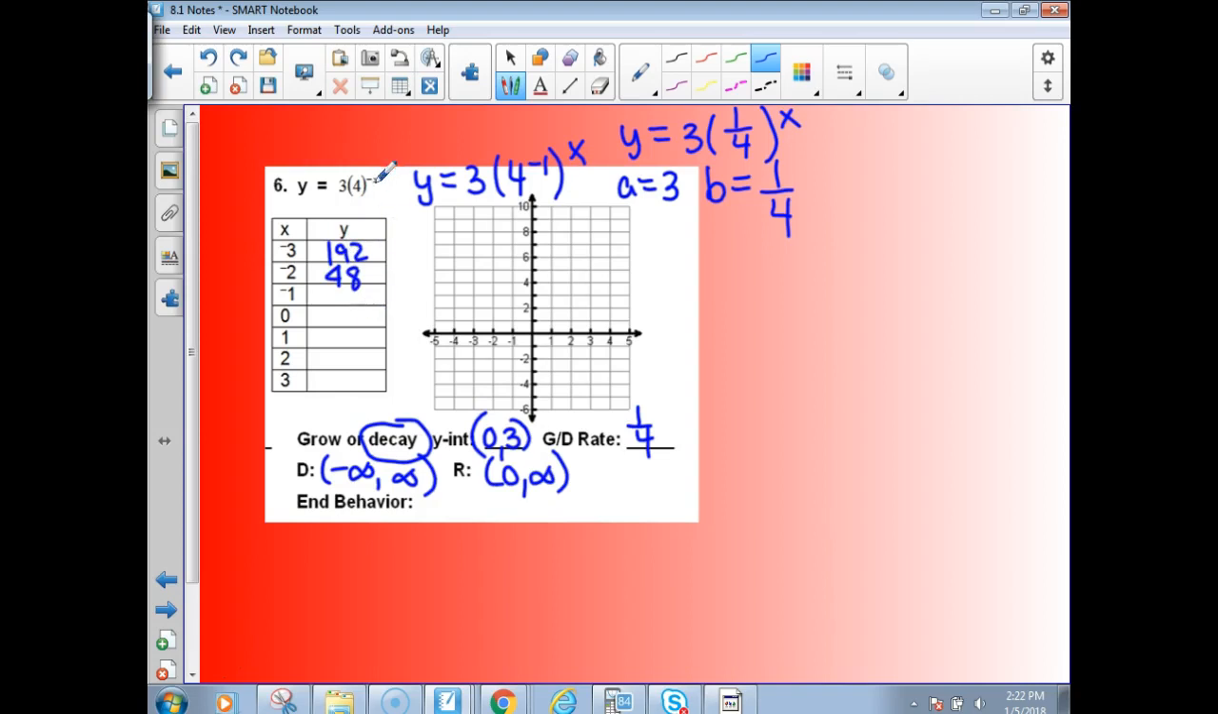If you put in -1, you'd have 3 times 4, which is 12. If you put in 0, you'd get 3. If you put in 1, you're going to have 3 times the fourth, which is 3/4. And if you put in 2, you're going to get even smaller. So it'd be 3/16 and then 3/64. Now, if you want the decimals, this is 3/4, of course, 0.75, which you can get off your graphing